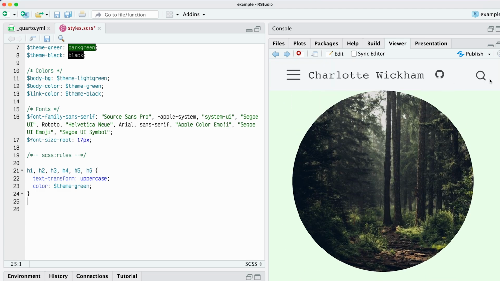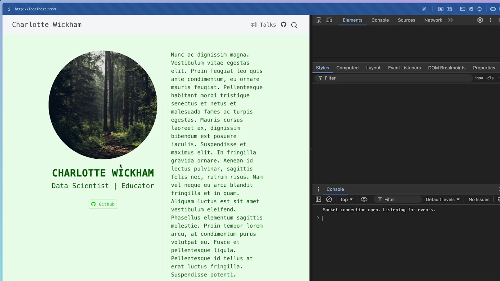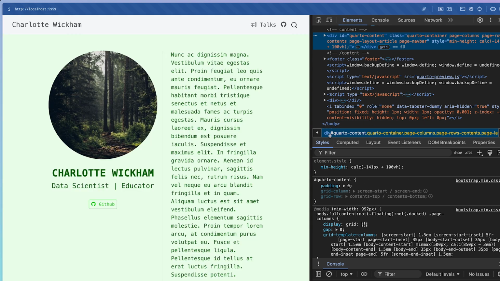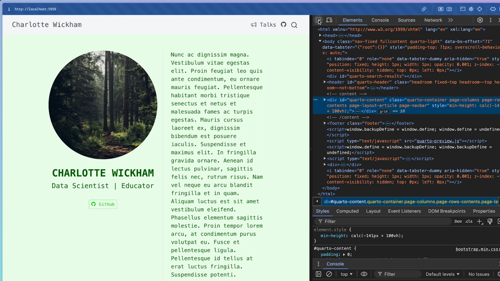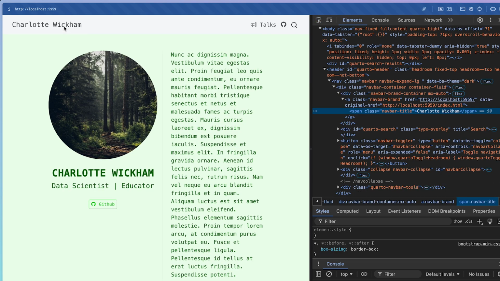We've noticed up here we have the header, and the header isn't styled. When we hover over it, it just has a black color. So maybe we don't want that. First we just need to find it. The way we find it is we open up right here, then right click and inspect. It brings up this little developer menu, and with this little button up here, we can select an element. By moving around, it selects different things. Let's try to select this Charlotte one. Now we can see the HTML with everything it has on the right-hand side.